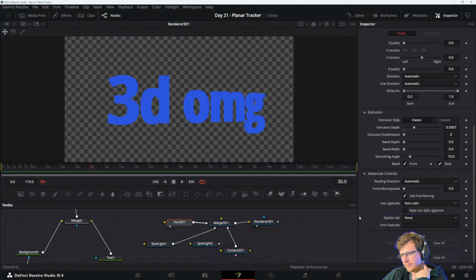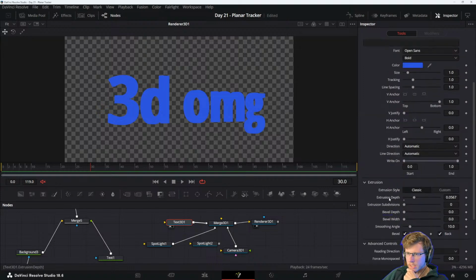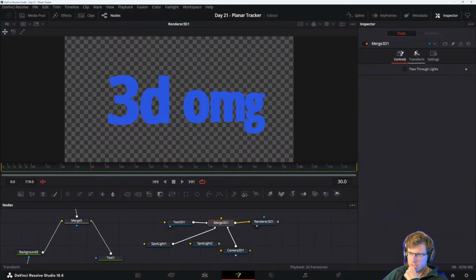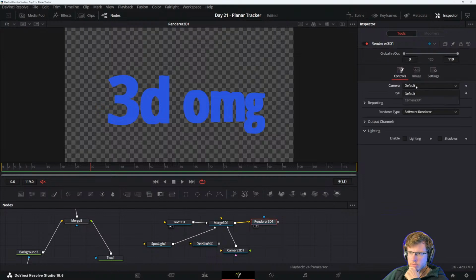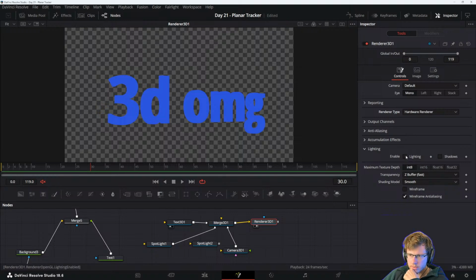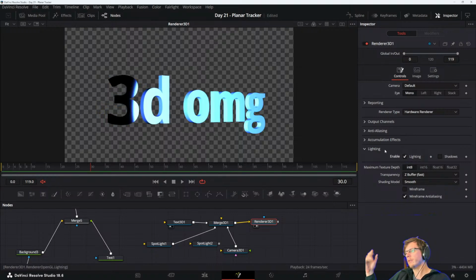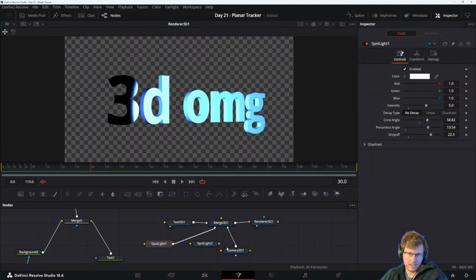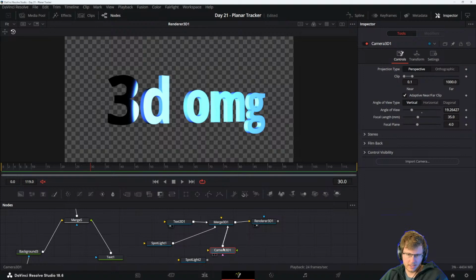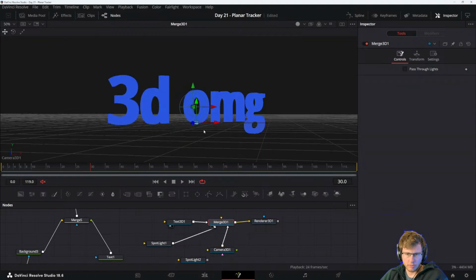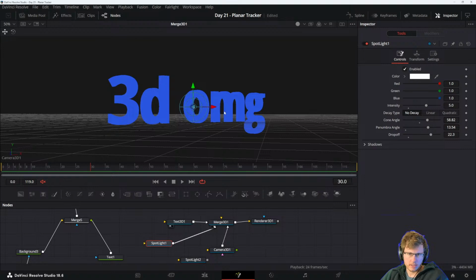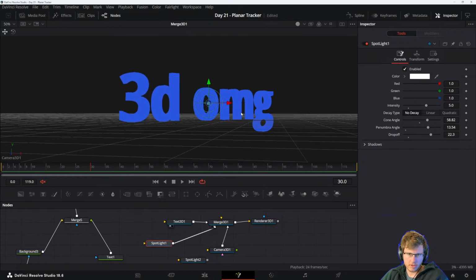Oh. It's one of these. I know it's like a setting thing. Pass through lights, right? Renderer. Turn it to hardware. Enable lighting. There we go. Whatever. We got it working. Not so intuitive, but anyways,